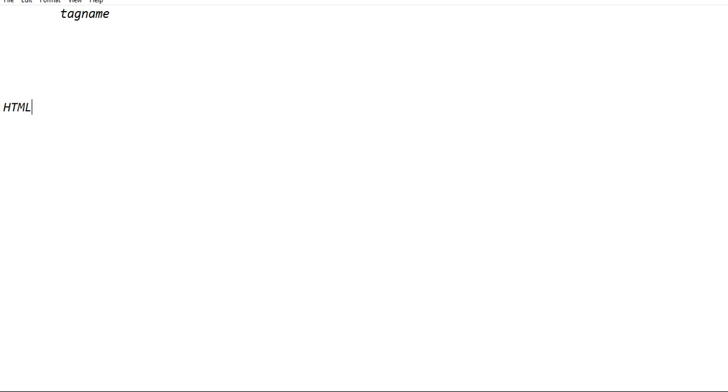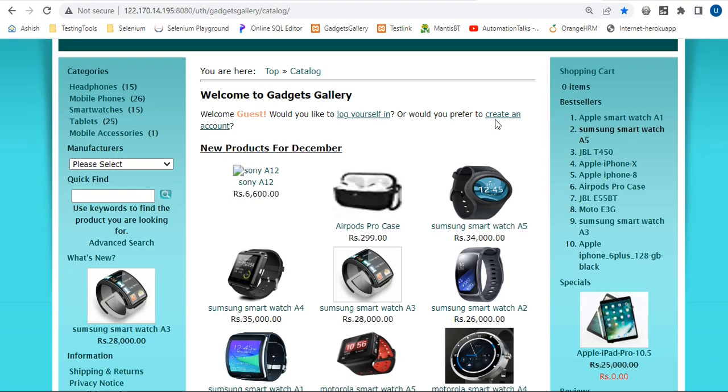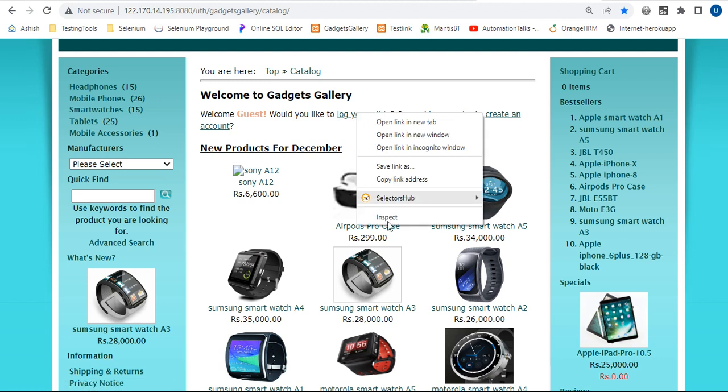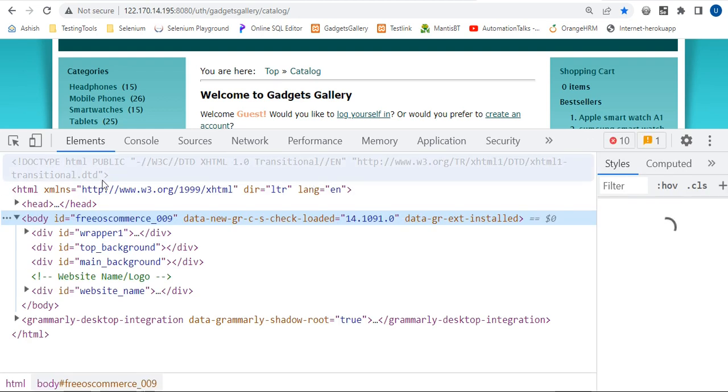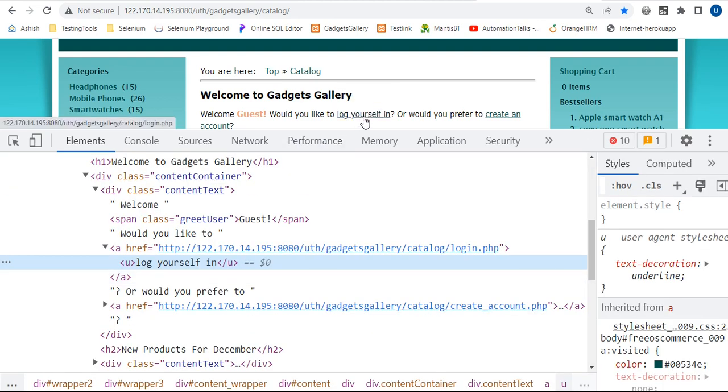HTML stands for hypertext markup language, and this is used for web designing or website designing, as in whatever you see over here as a page, these images, links, this you can find over here. See, when I right click on this and click on inspect,